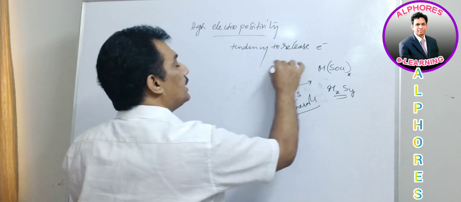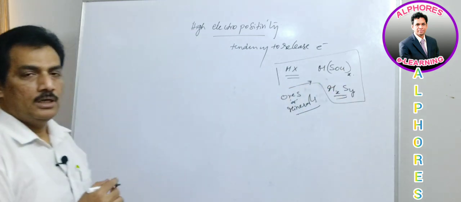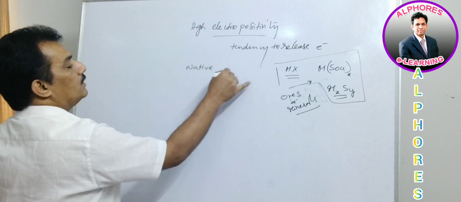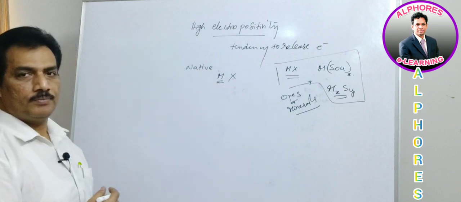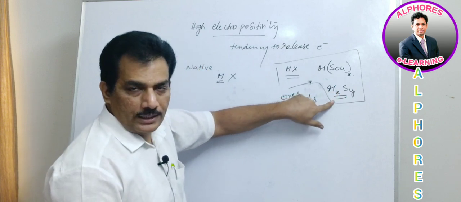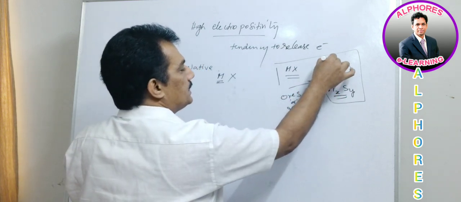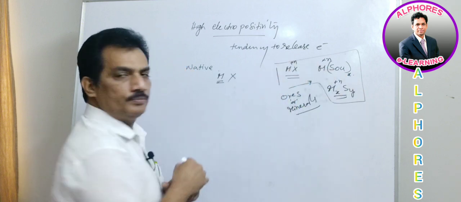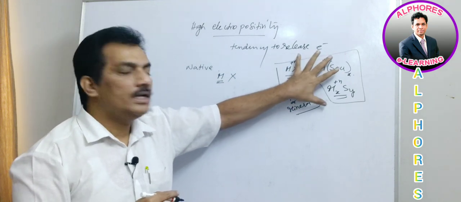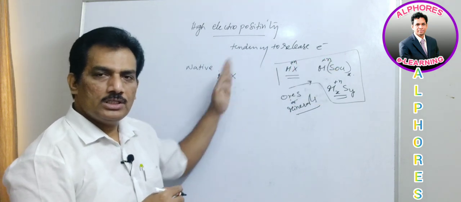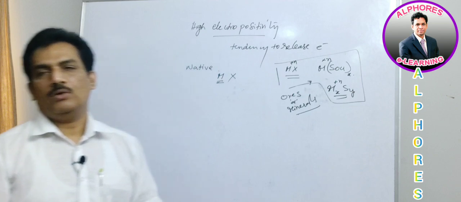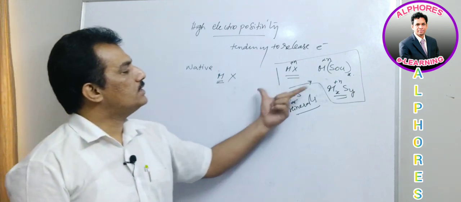In this form only they exist in the earth's crust. The native form, meaning pure metal M, in most cases doesn't exist. Clear? That means it always exists in its oxidation state, that is with plus n. The reason is the tendency to release the electron. Clear? Here it is finding some sort of stability. In this oxidation, the oxidation potential is positive. That means the feasible reaction is to exist in a positive oxidation state. Most of the metals exist like this.